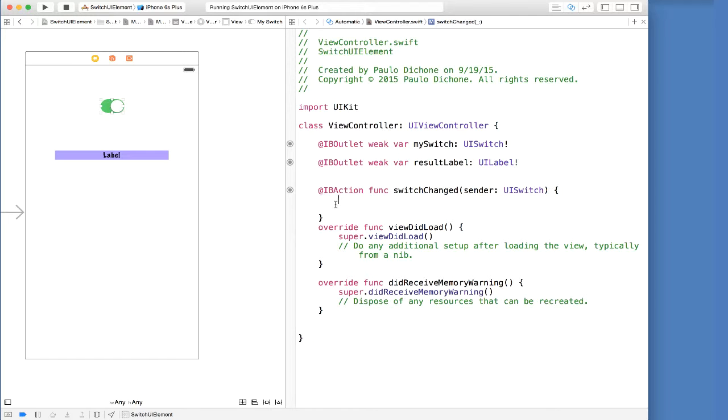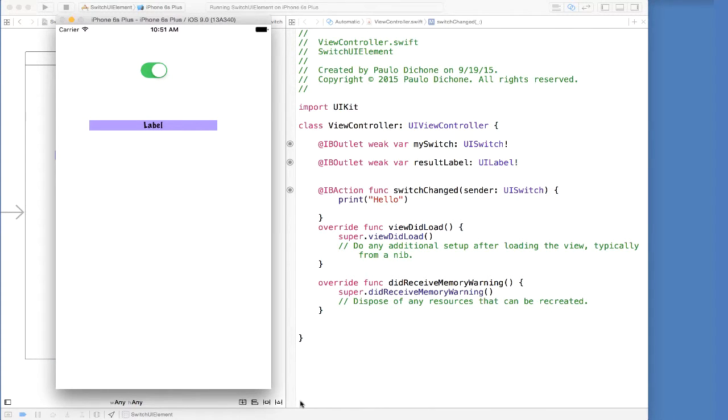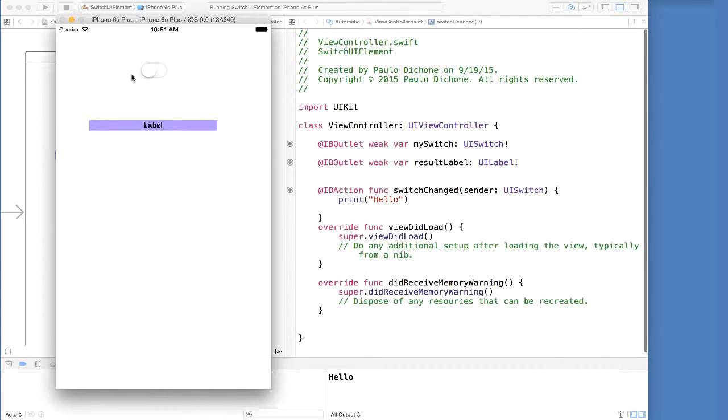Which means here inside, we can then fetch the state of our switch. So the first thing we're going to do, just to make sure things are working, let's say print, hello here, and save, and run one more time. Okay, there it is. If all goes well, we should see something printing at the bottom here. So let's go ahead and say, okay, so hello. Hello again. Perfect. So at least now we know we are able to fetch our states.